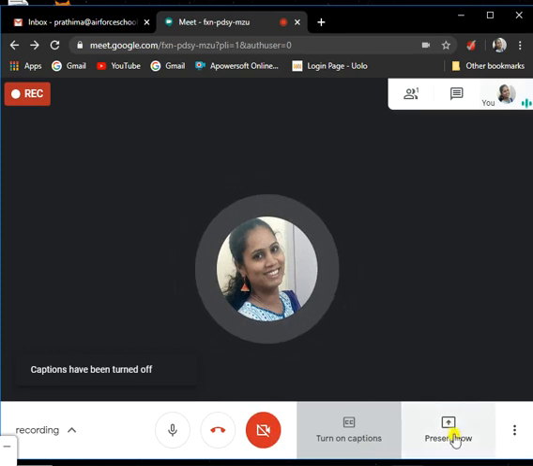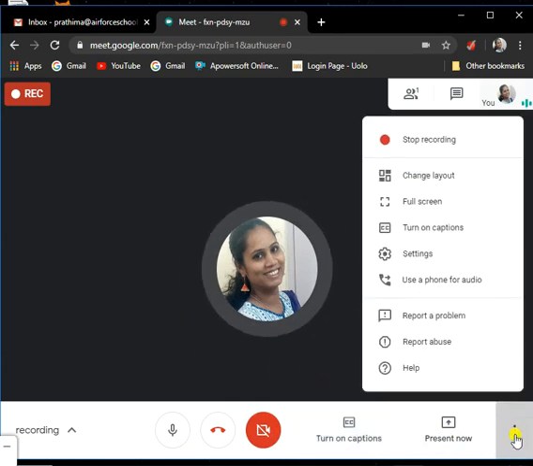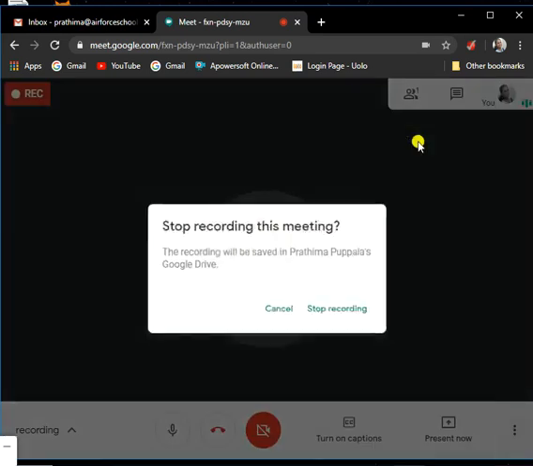Once you're done with recording, once your session is completed, you just click on the place where you got the start recording option. In the same place you can see stop recording, but you don't have the option to pause your recording. It will continue. Only start recording and stop recording are available, pausing is not available. So once you're done with your session, just click on stop recording, and I click on stop.